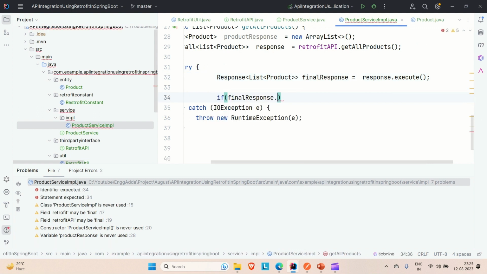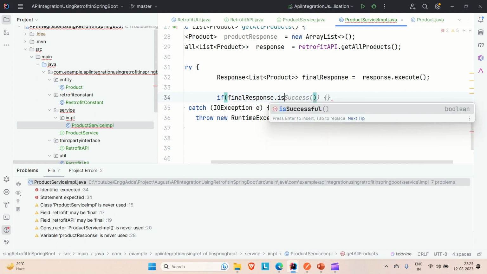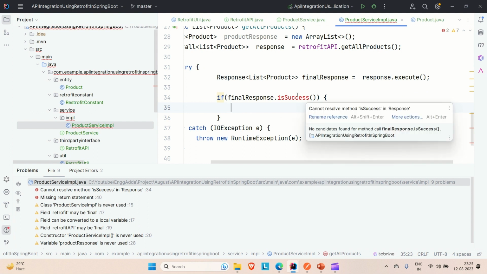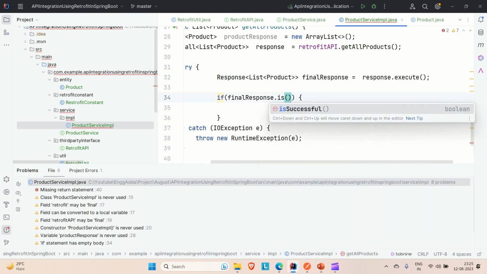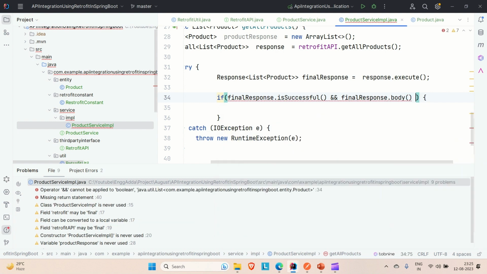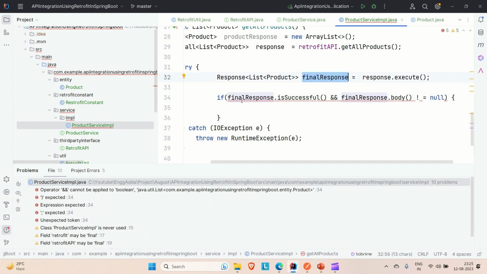So final response dot is successful, and we'll also check for the null. Okay, so final response dot body, it should not be equal to null. Okay, so this is the final response. We are checking if it is successful, and the second thing we are checking is if the response body